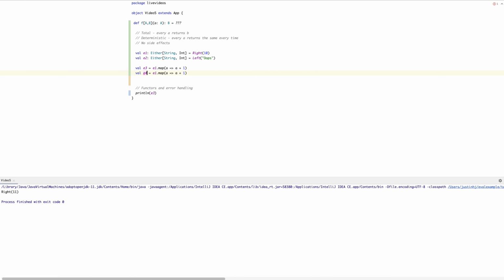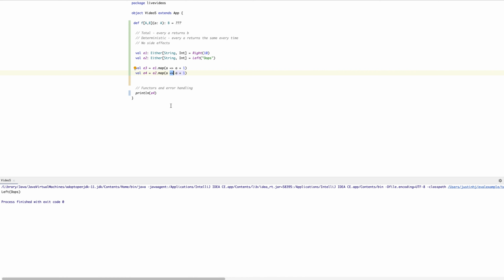Let's make a failure case. We want to add 1 to e2, and when we run this one, we don't get any errors or exceptions. We just get oops, right? Because if you try and run a function on a value that has an error,